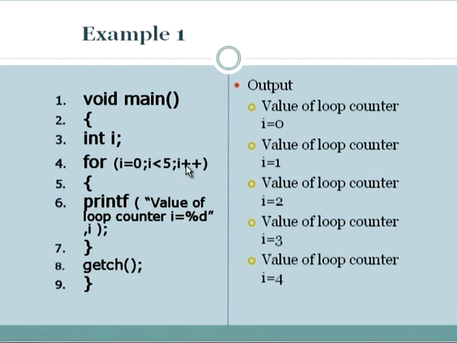There the value of I will become 5 and then the condition I less than 5 will be evaluated. At this instance the value of I is 5 and 5 is not less than 5, thus the loop condition will turn out false and control will jump outside the loop body and the statements following the loop body will be executed. So dear students, you observe in this example that for the first instance the initialization section is